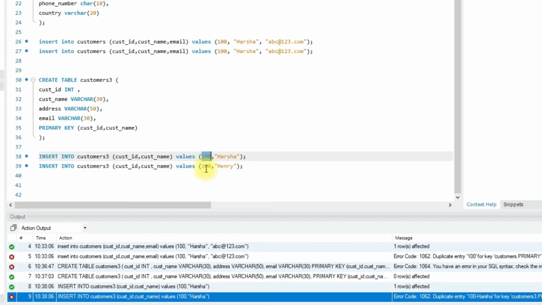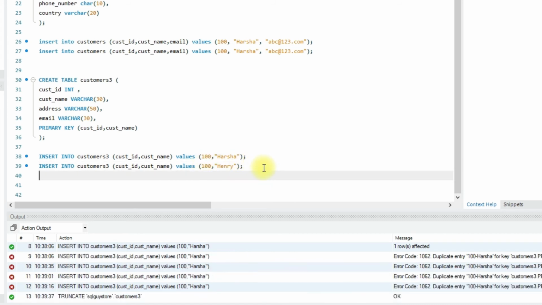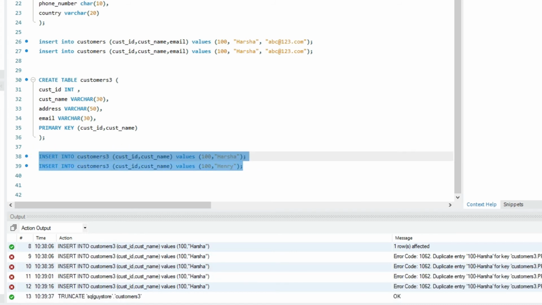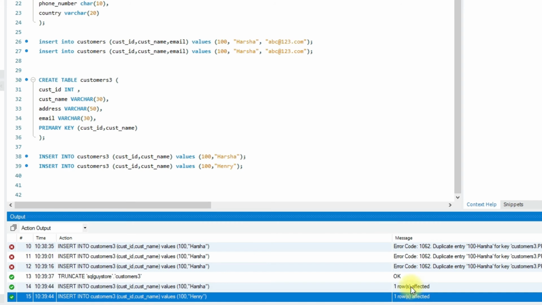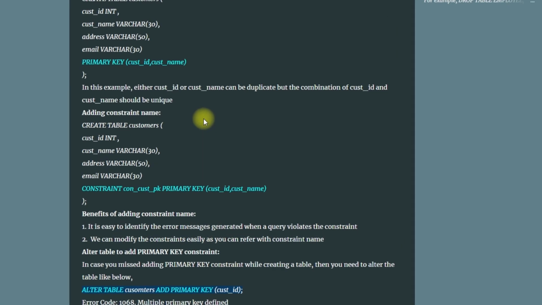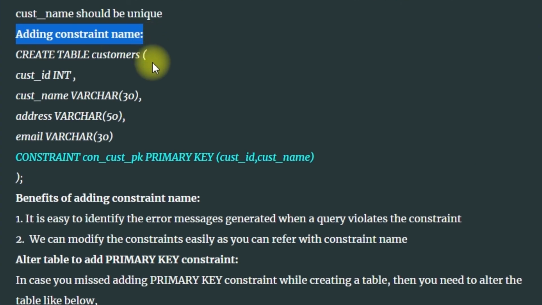The 100 is repeated, but the combination is unique. Let's enter the data. Yes, two rows are affected.